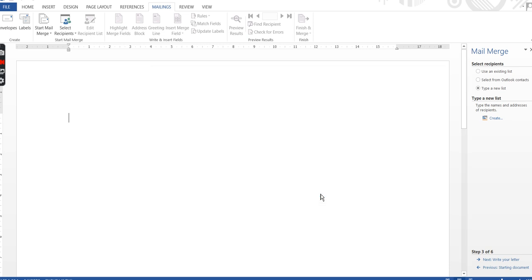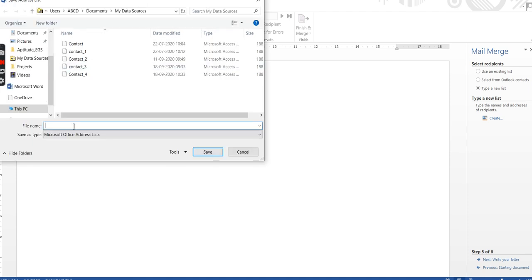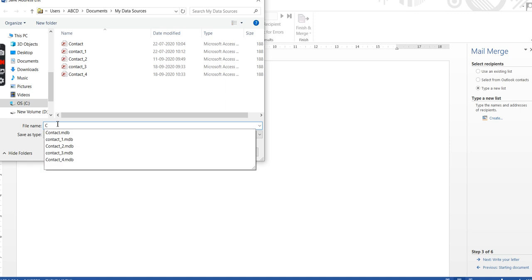I have entered three names. After that, you need to save with the contact. I have saved many contacts, so right now I'll save it as contact. You can see here the extension of the mail merge file is mdb, that is mail database.